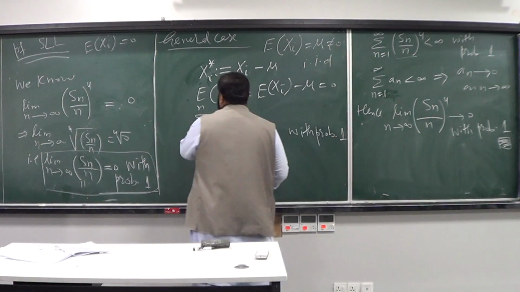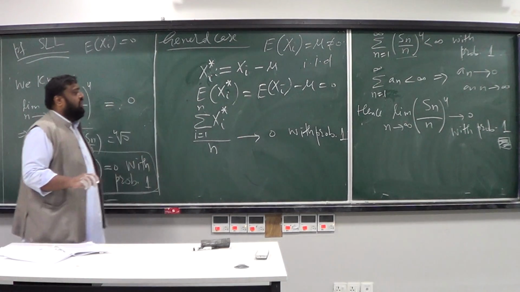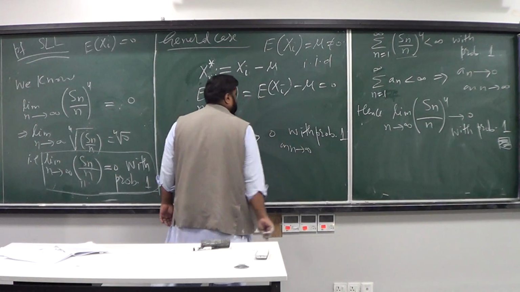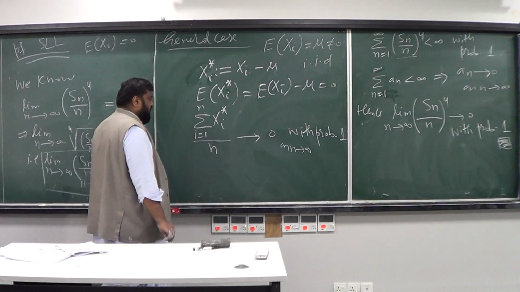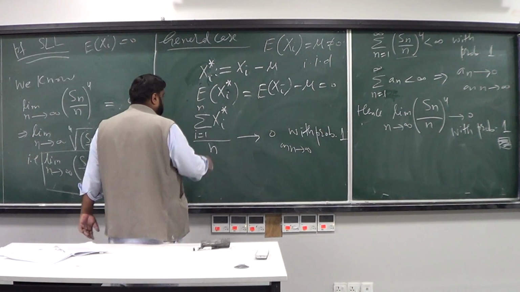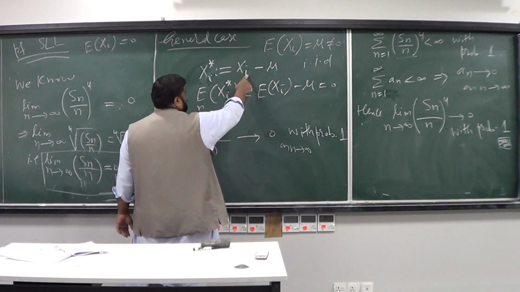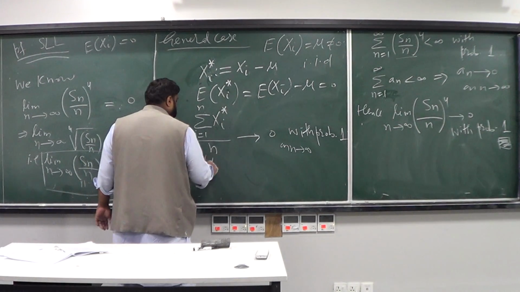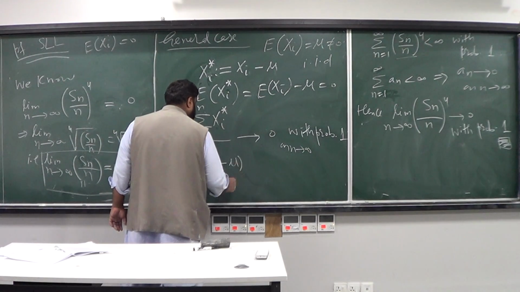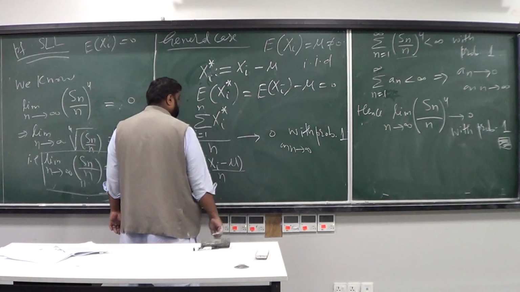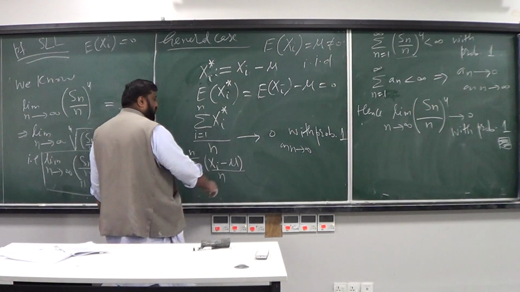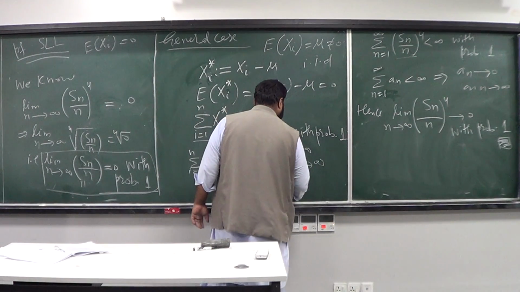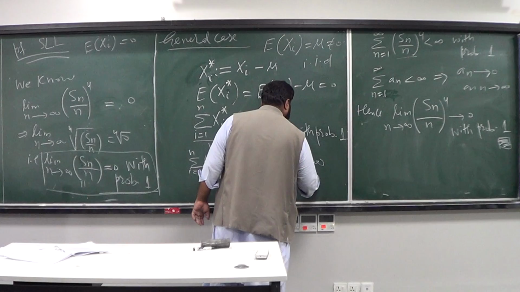In other words, the sample average of xi star goes to 0 with probability 1 as n goes to infinity. Now, if I substitute this value, which is the sum from i equal to 1 to n of xi minus mu, divided by n, this goes to 0 as n goes to infinity with probability